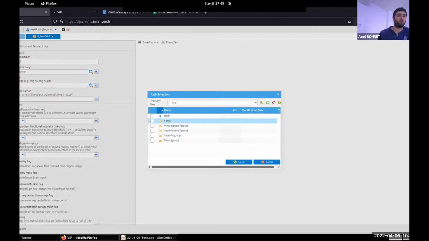At the root of this storage, I can see a home directory, which is my own personal home directory on VIP. So only I can use and access it. And every other directory is a group directory, shared by all the members of the group. So there is a directory for the mini gateways group. I will browse into it